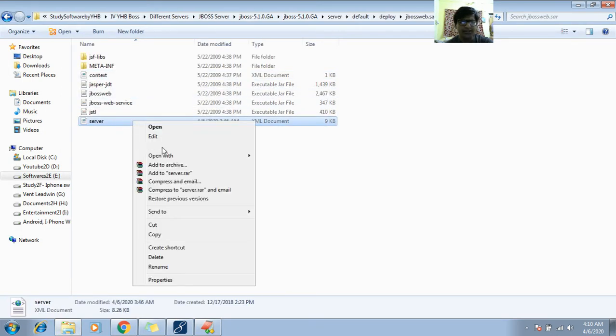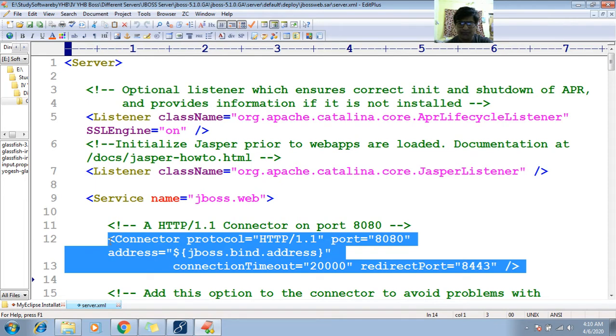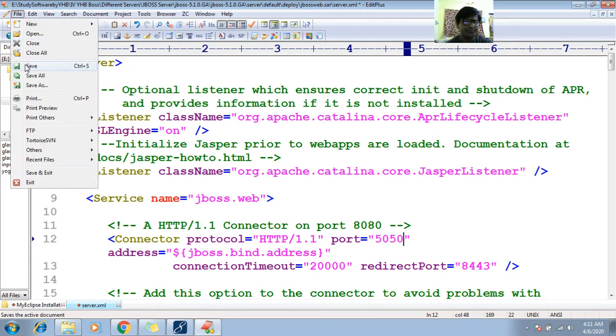Open this server.xml with read plus, and you will find the first connector tag. This connector tag contains the default port number, 8080. You can change this default port number to 5050 or any number you wish and save the file.